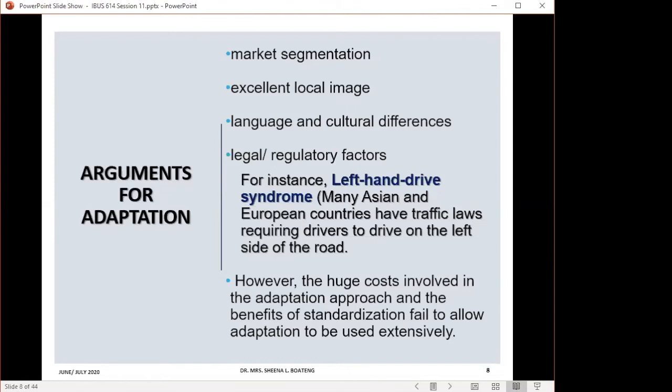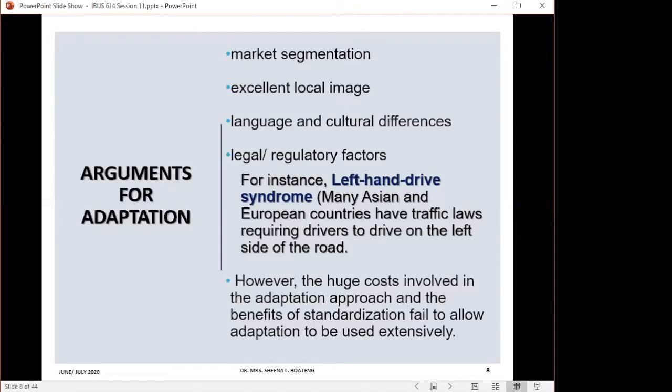And because of that, we need to be able to take cognizance of all the various criteria that these different factors, be it legal or regulatory, expect us as global marketers to factor into our marketing mix to ensure that we conform. So a typical example is the left-hand drive syndrome that is popular in most countries. The same car that has been designed to serve a particular market will not be fit for driving in another market